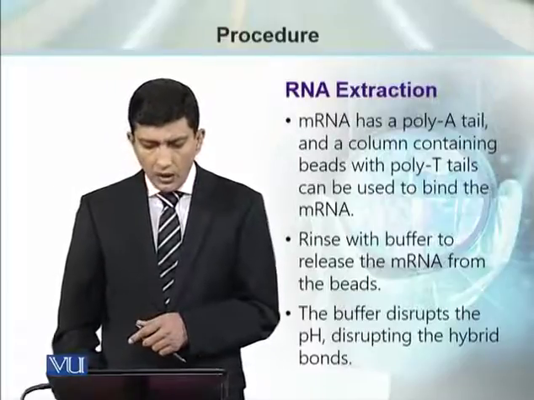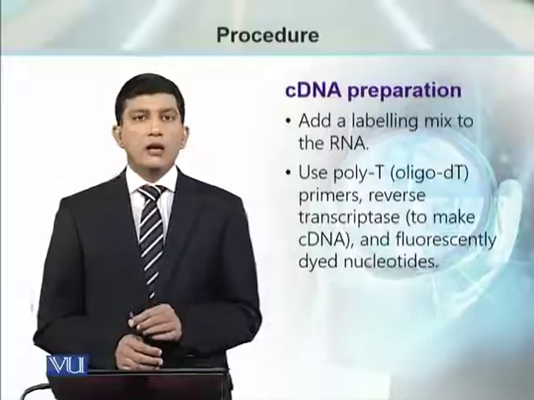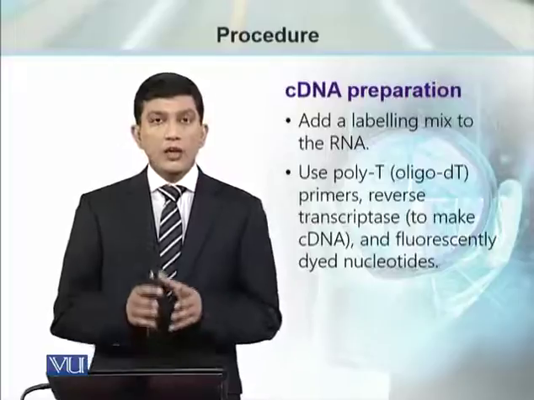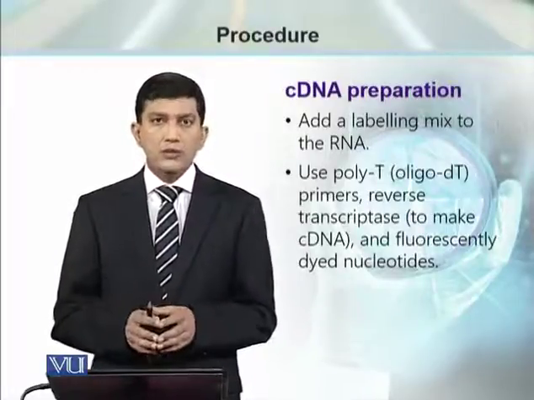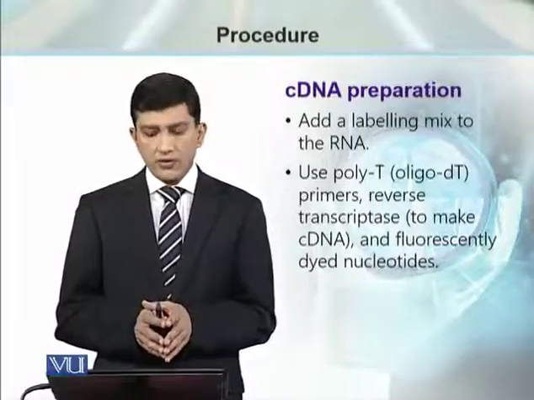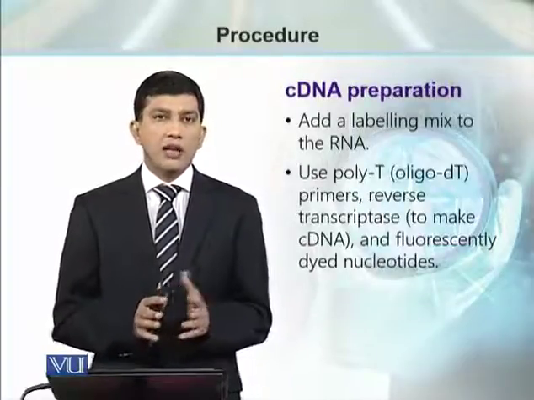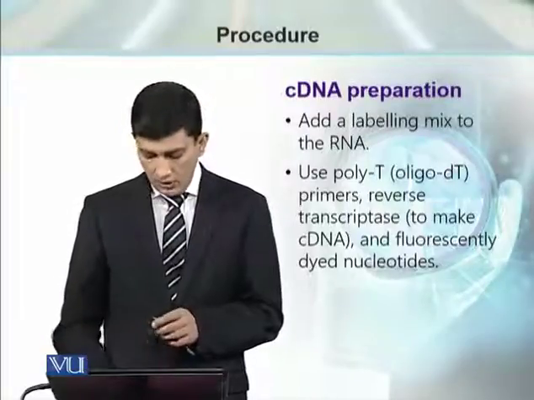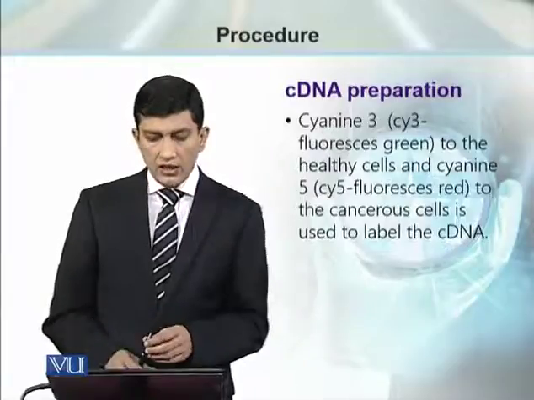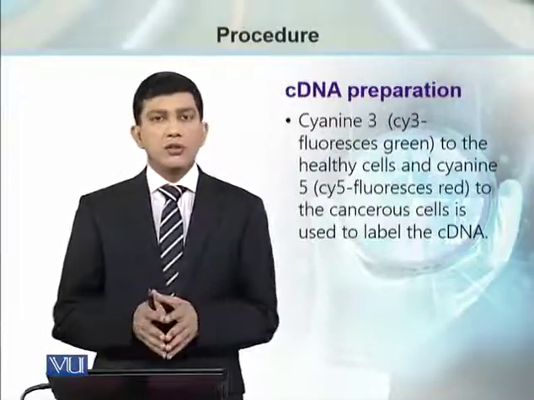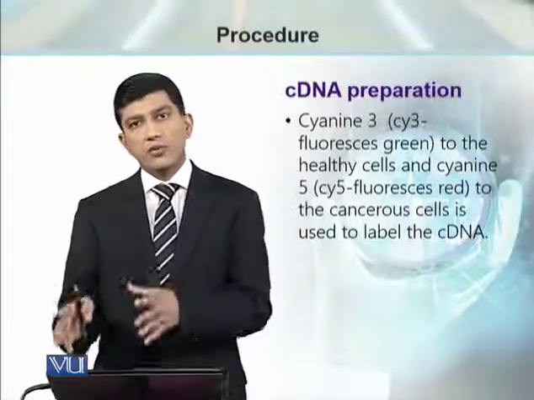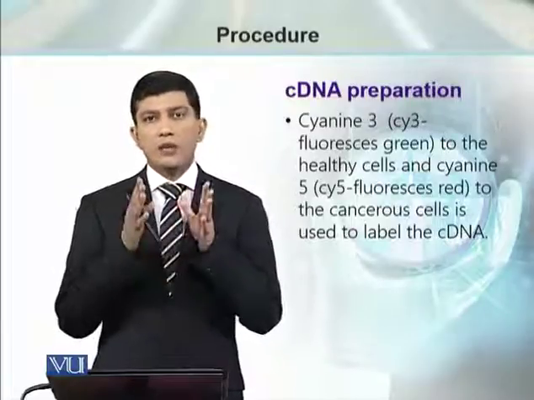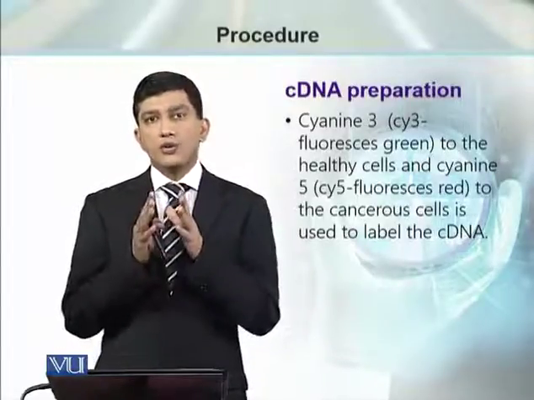Once we get the poly A RNA or messenger RNA, reverse transcription is done. For reverse transcription, we use oligo dT primers, reverse transcriptase enzyme. Most of the time we use MMLV reverse transcriptase and fluorescent dyes which are going to label the cDNA. Cyanin 3 is going to be added to the healthy cells and cyanin 5 is going to be added on the cancerous cells. ये चीज़ यहाँ डिटरमिन करना बहुत ज़रूरी है कि आपके कौन से सैंपल का जो कलर्ड cDNA